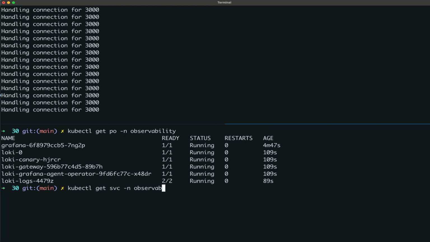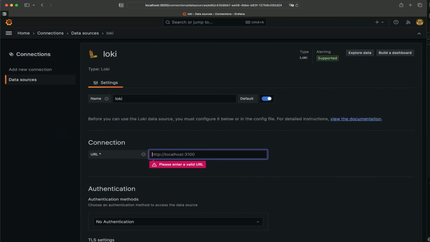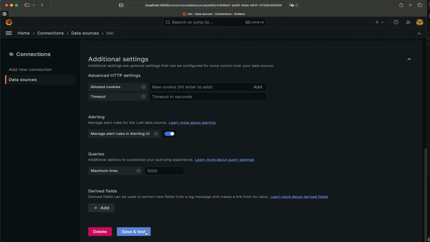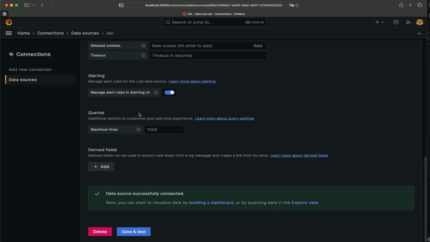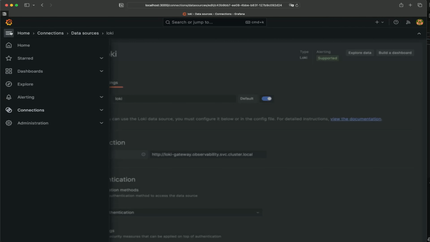Then we add the Loki source to Grafana by providing the address of the Loki gateway service. The syntax is the name of the service, then the namespace, followed by the name of the cluster. Here we have svc.cluster.local. Once the source is tested okay, we can head to Grafana, the Explore tab, and check what kind of logs are